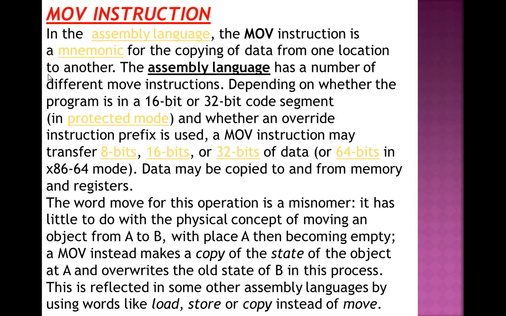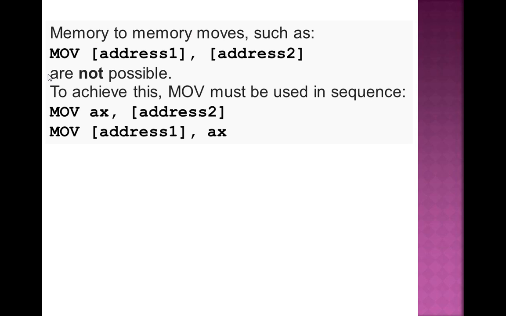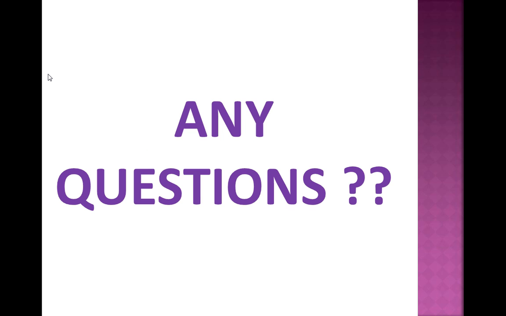Then we also talked about the move instruction, meaning how we can copy data from one part to another part, and the main limitation is that we cannot move data from one memory location to another memory location. We can move data from memory to register and register to memory. And we can also move data from one register to another register, but not from memory to memory. And it can take either 8-bit, 16-bit or 32-bit, and even 64 bits for x86 assembly language. These are the multiple examples.